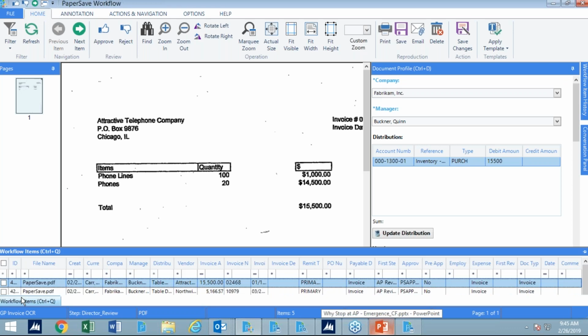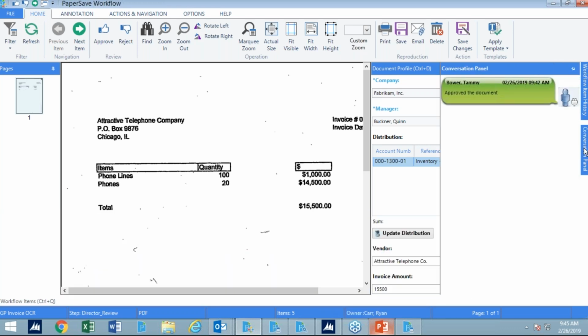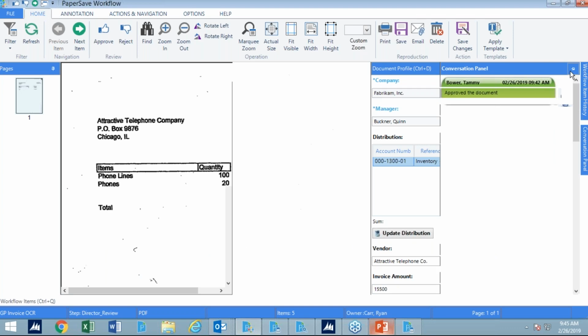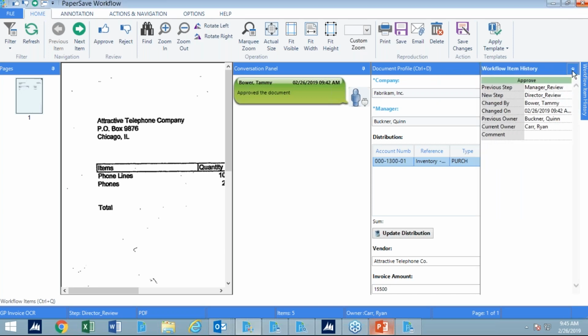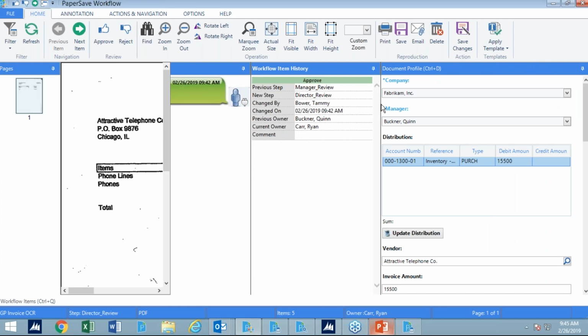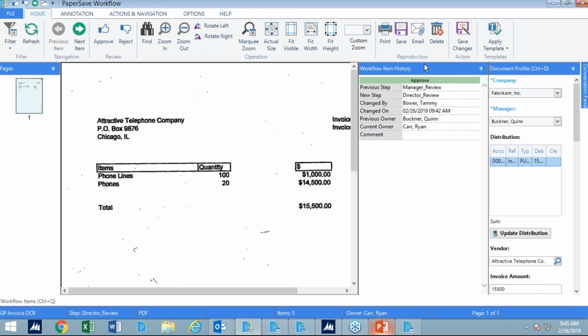Ryan has 5 documents, and here's the first one. One of the things I want you to see is that there now are 2 other areas of the workflow window. These are areas of detail about the audit log and what happened to this document prior to arriving in Ryan's inbox. Ryan now can see, oh, hey, this was in Quinn's inbox, and Quinn approved it a minute ago,